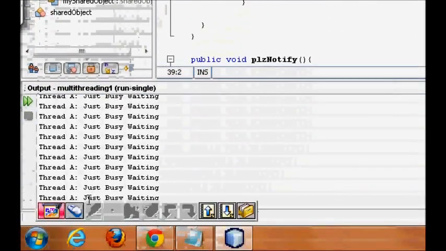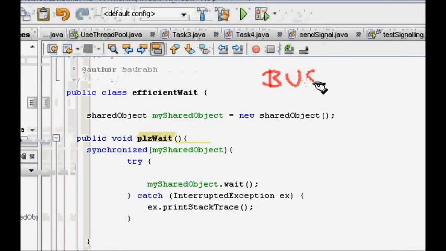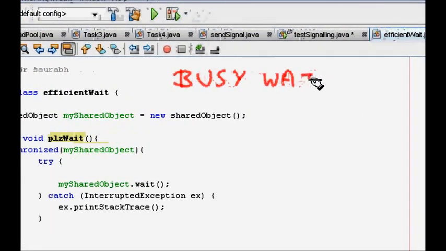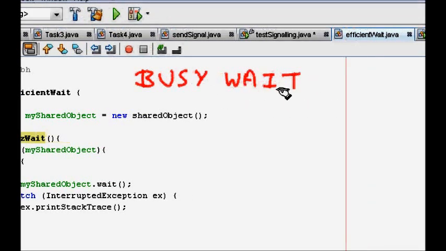In the previous lecture we saw about busy wait. Two threads needed to communicate among them, and when some event was done, some work was done, one thread needed to send a message to the other thread that okay, I'm done now, you are free to do your work. For that we needed a shared variable which the thread kept on checking in the while loop. The problem was that in busy wait the CPU is still being utilized.